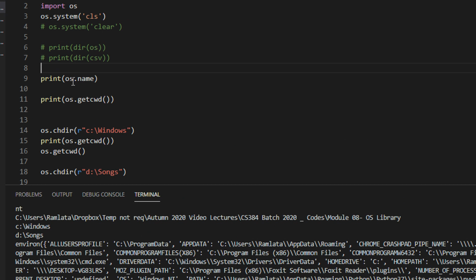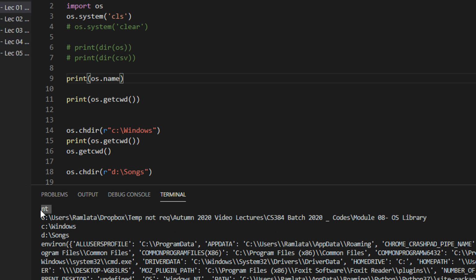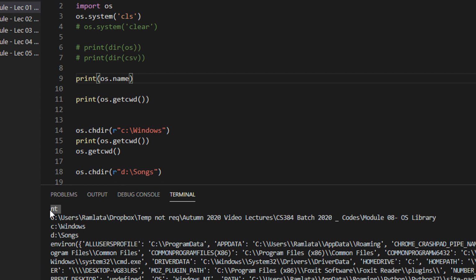Now let us see what os.name is. os.name basically gives you the name of the operating system. In my case, this is nt. Python recognizes all Windows systems as nt, beginning with Windows NT actually. NT came, then 2000, then Millennium, XP, Vista, 7, 8, 10. Everything is recognized as nt. So if I want to write a program that checks what operating system you are on, you have to use the OS library with the name attribute.